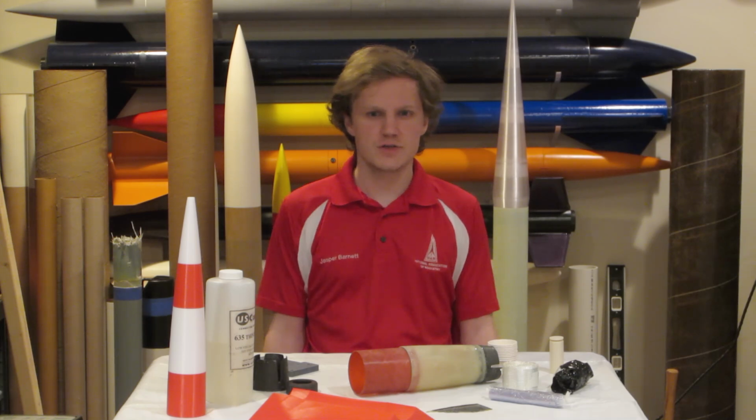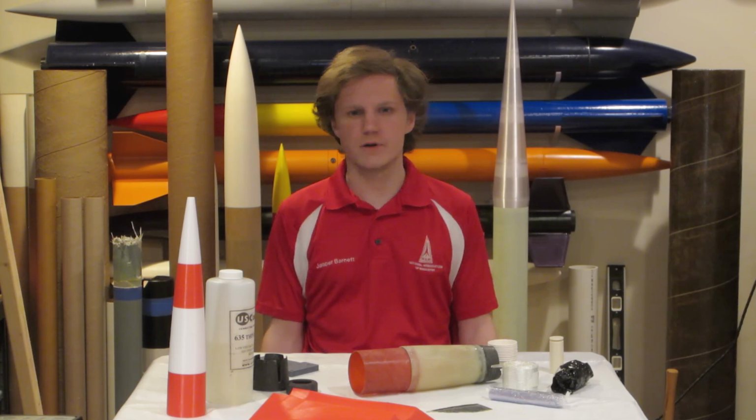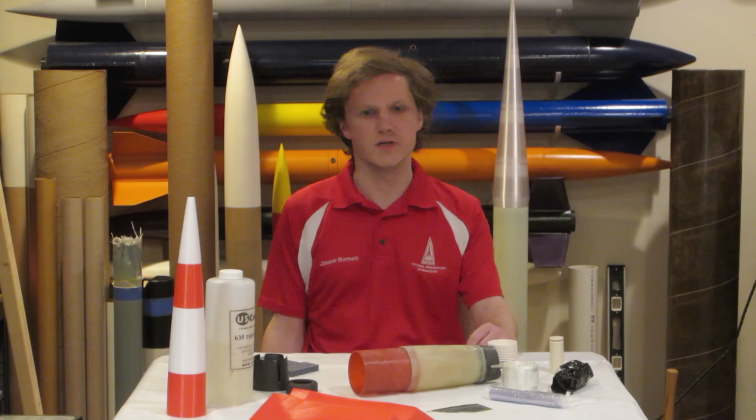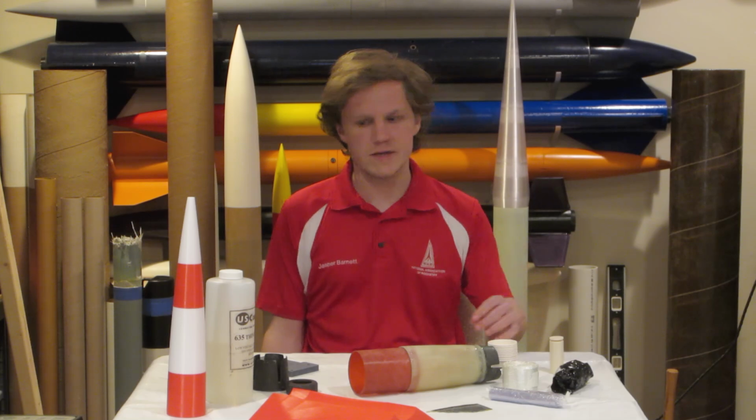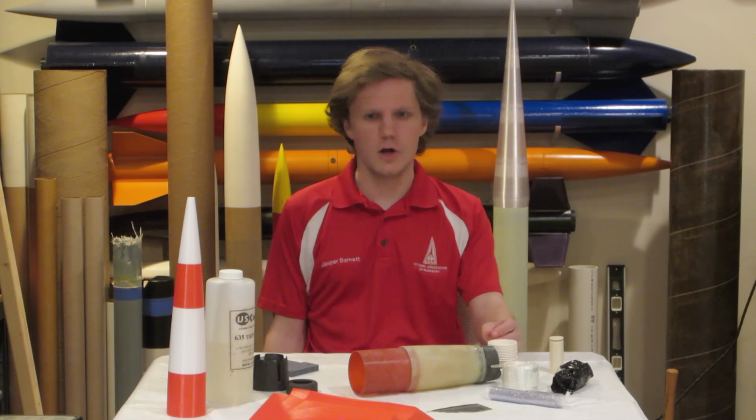The first is to directly print with a composite-infused filament, the most common being carbon fiber-infused nylon, though other common 3D printing thermoplastics can also be used, including PLA, PETG, and polycarbonate. This has the advantage of being relatively approachable, though it really is only going to produce 3D printed parts with